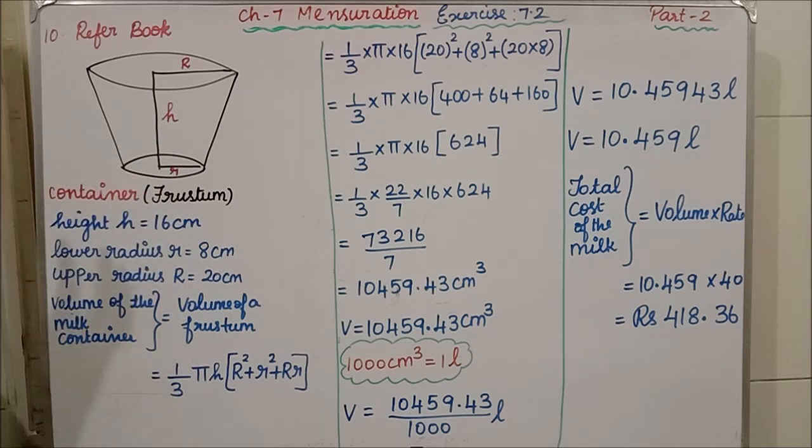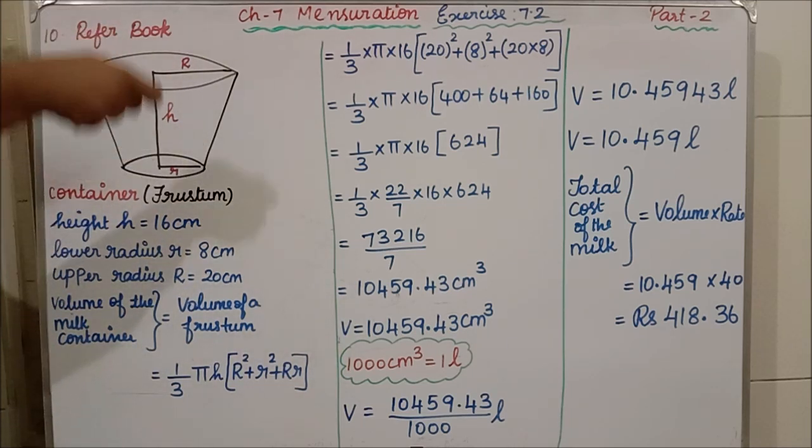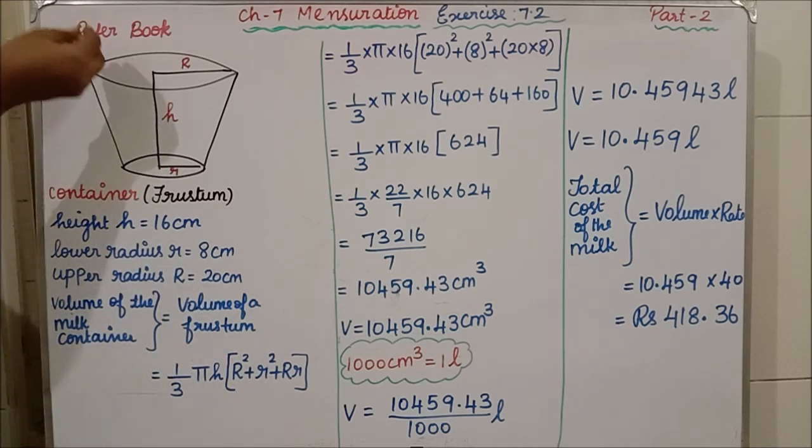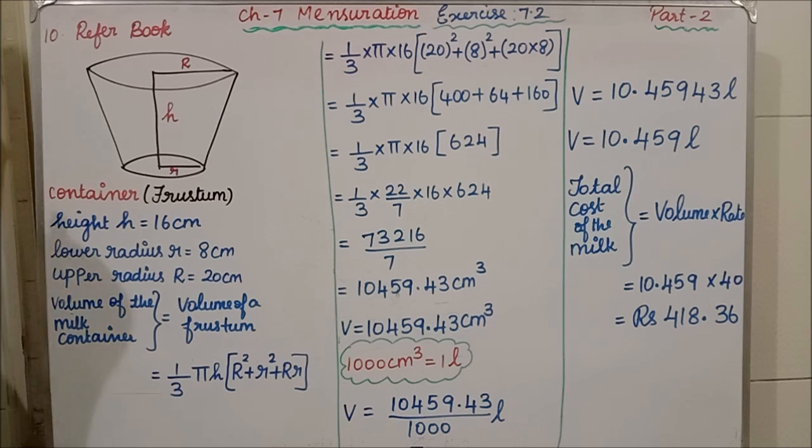Okay, they are asking how much volume it will hold. In this bucket, how much liter of milk can we pour? First we have to find the volume of the frustum. And then suppose, for example, I am telling, suppose this bucket is holding 8 liter. Okay, suppose I am telling an example. They are saying in the question the cost of 1 liter milk is rupees 40. Okay, the cost of 1 liter milk, they are saying, 40 rupees.